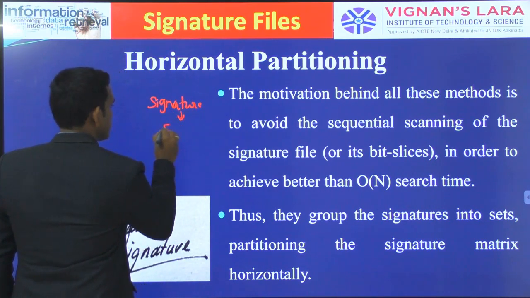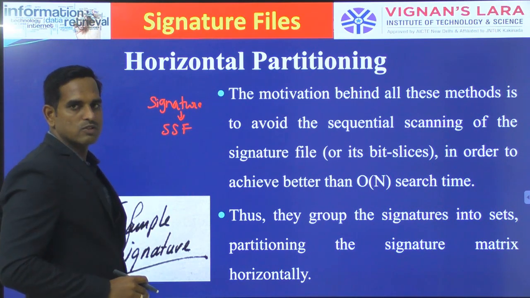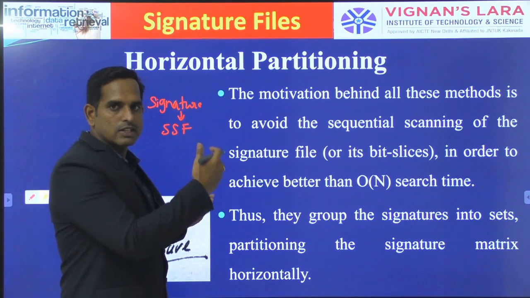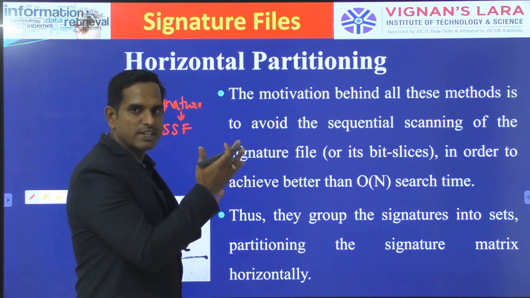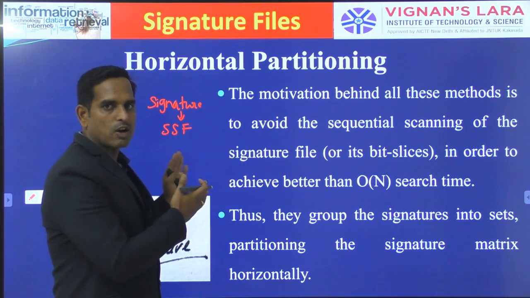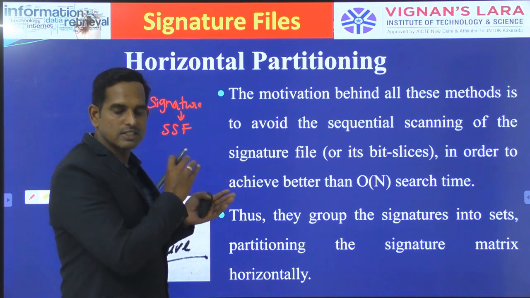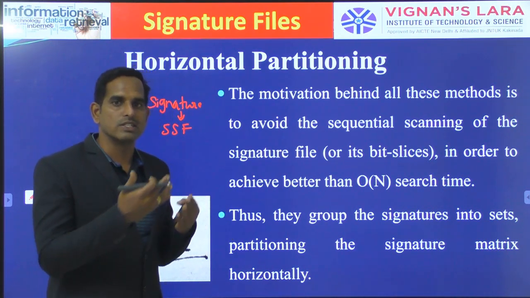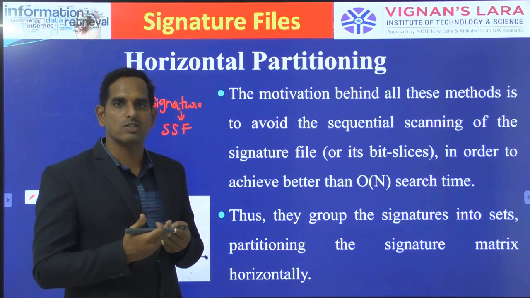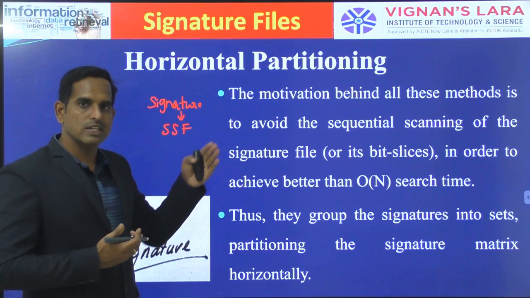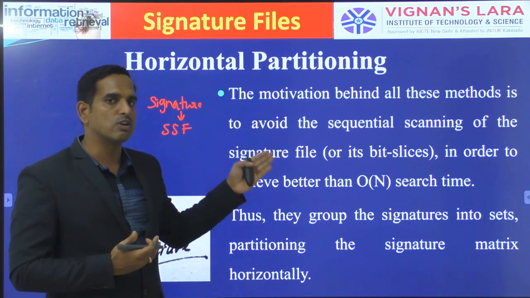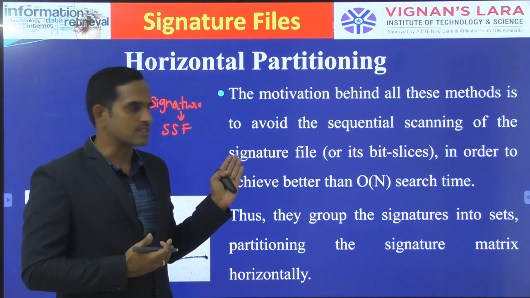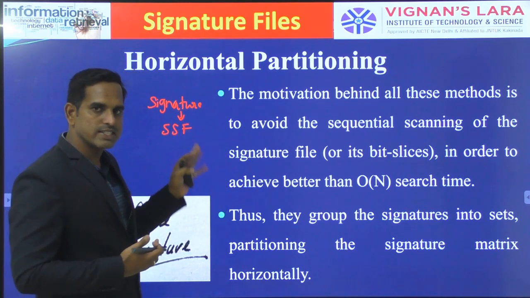That is your sequential signature file, SSF, which will contain rows. You'll have your file divided into logical blocks. Those blocks will be created with a set of unique words. Those words will be converted into word signatures. The word signatures will be converted into block signatures. And with the block signatures, by superimposing row by row, we will get our document signatures. So that will be your sequential signature file.